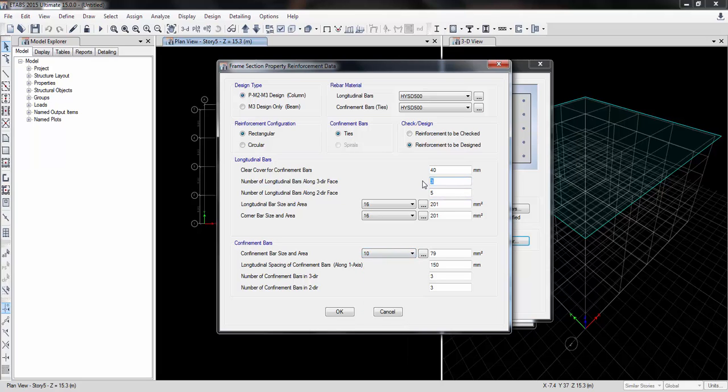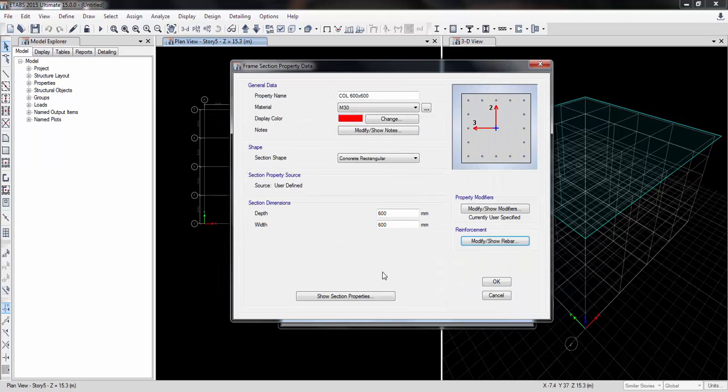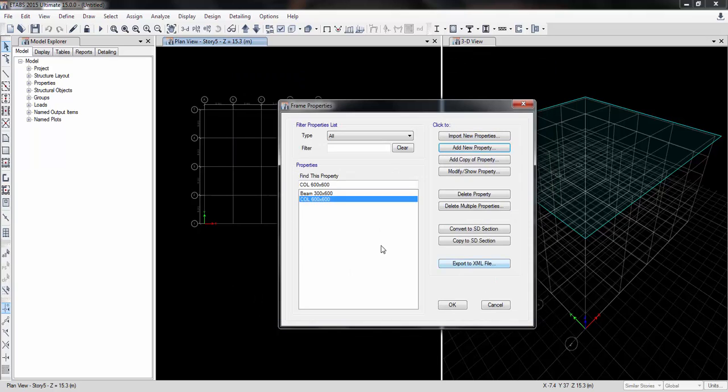And you can give 5 in every direction, 5 in this direction, 5 in that direction. And the confinement bars is 10 okay. So all these are set. Column is set, beam is set, column is set. The next